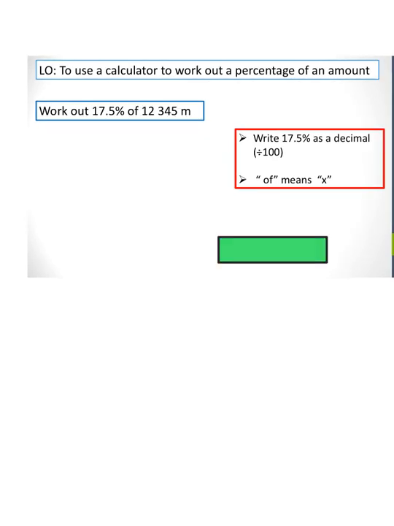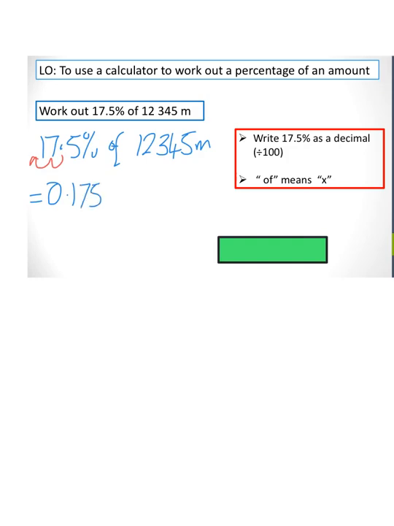Well, on this slide we've been asked to work out 17.5% of 12,345 metres. So we write out the question. We want 17.5% of 12,345 metres. Well, percent, to change our percentage into a decimal, we're just going to divide it by 100. So 17.5% divided by 100 will give us 0.175. So on my next line of working out, I would say, okay,